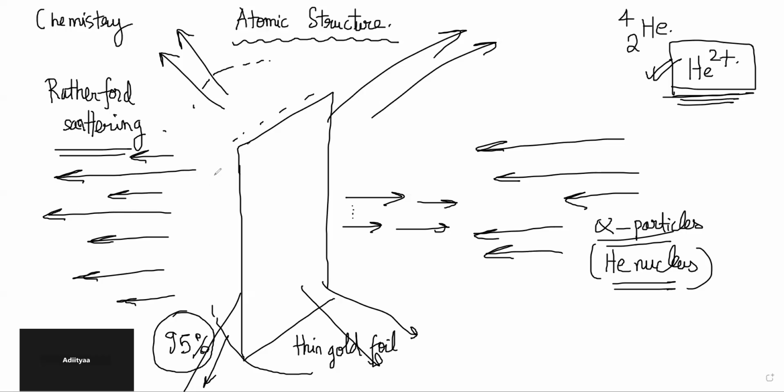Which led him to make the statement that the atom is mostly empty space and the nucleus is occupying a tiny dot in the middle, right? This is a typical atom, mostly empty space. Nucleus is a tiny dot in the middle with positive charges, right? So all the mass of the atom is concentrated at the nucleus and it has all the protons and all the neutrons. So if an alpha particle is unfortunate and it is coming straight towards the nucleus, then it will be clearly stopped and turned around